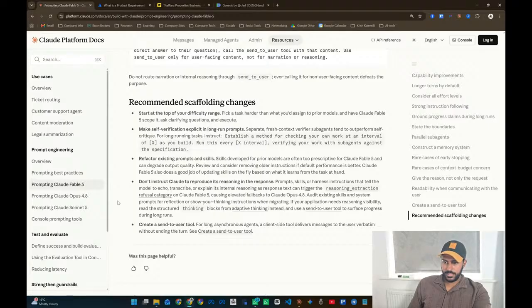Okay, sounds good. And right now, it's got some recommendations. Start at the top of your difficulty range: pick a task harder than what you assigned to the prior model, and have Claude Fable 5 scope it. Nice. And ask clarifying questions and then execute. Nice. Obviously, right now we gave both models the same kind of scope in terms of difficulty so that we can see the difference. But yeah, I need to check up on what's going on. However,